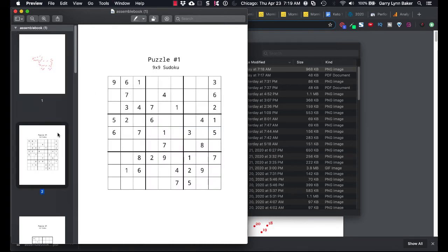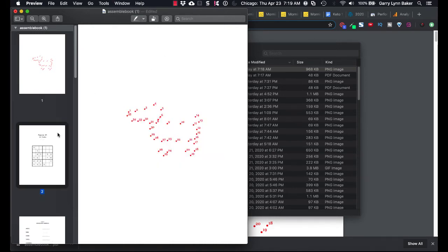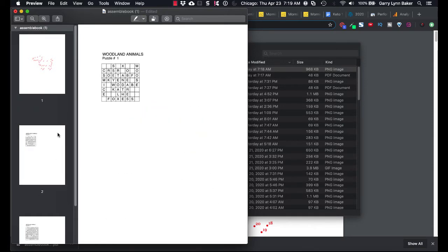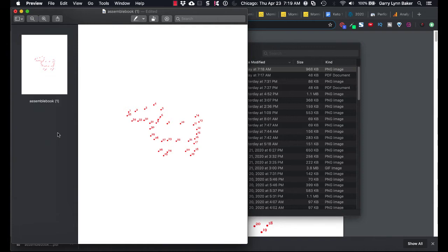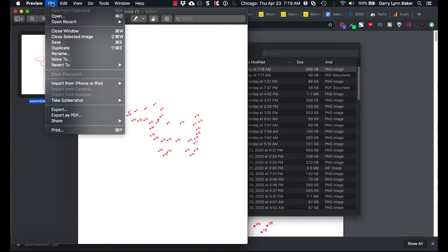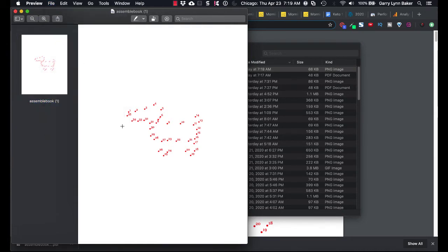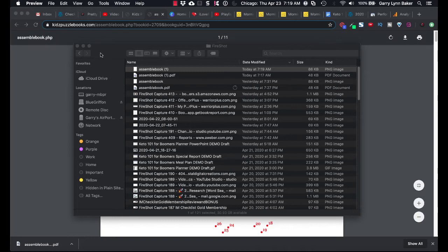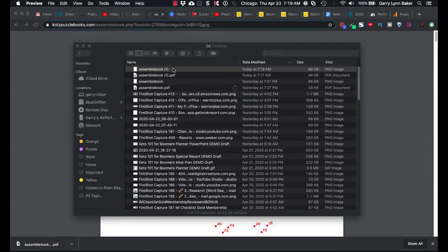So in our case, what I'm going to do is delete all the other files out of this PNG document that Preview has created and create a single PNG file and then save that. So now I just have the single PNG dot-to-dot of the dog. We'll go ahead and close that. Now we have that PNG file of the dog from the book exported as a PNG, and now we'll head